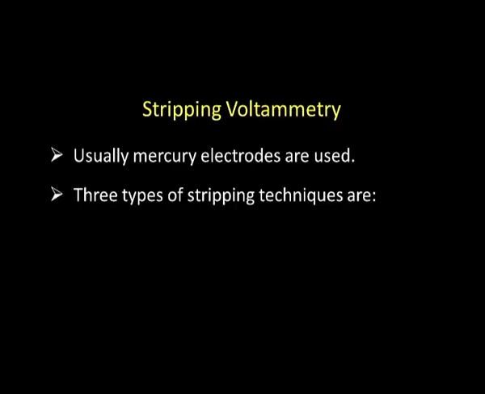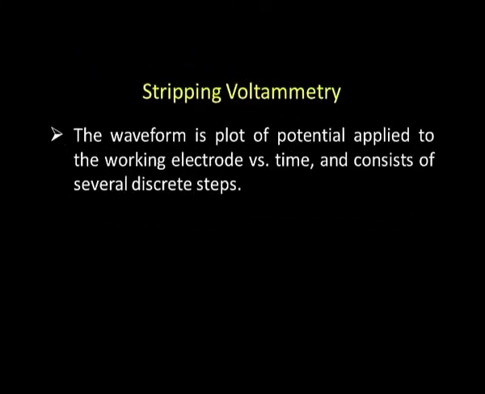Usually, mercury electrodes are used for stripping voltammetry. Three types of stripping techniques are available. First, ASV, that is anodic stripping voltammetry. Second, CSV, which is cathodic stripping voltammetry. Third, adsorption stripping voltammetry. The waveform is a plot of potential applied to the working electrode versus time and consists of